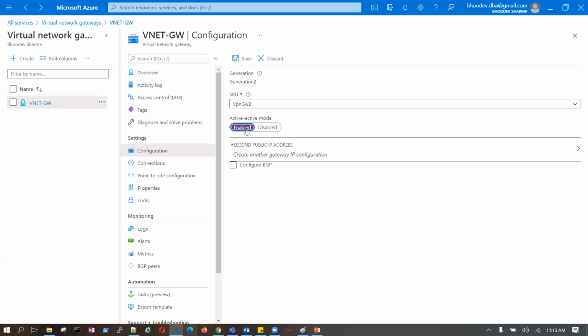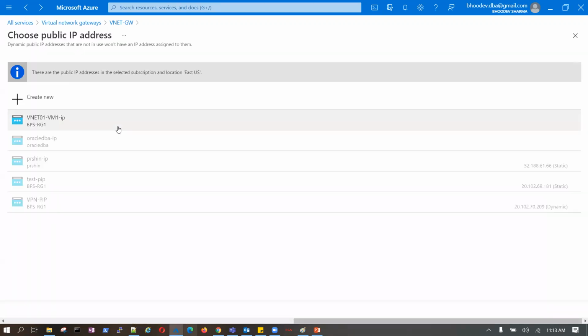If you remember, when we created this VPN gateway, we provided only a single IP. When we looked at active mode, it was asking for a secondary public IP, and at that time I simply bypassed it. You can create it during the VPN gateway creation time, and you can create it later on. Now if you wish, you can add another IP now as well.